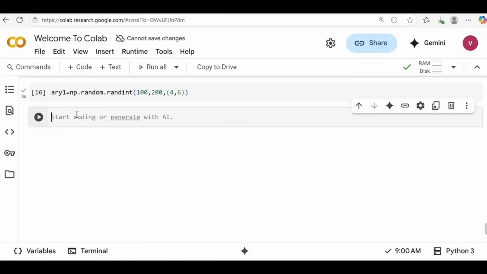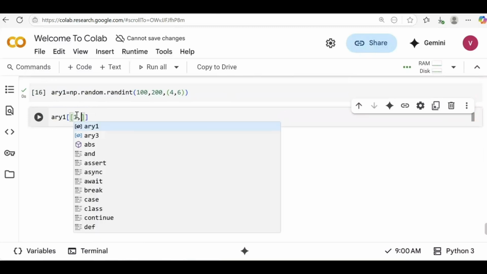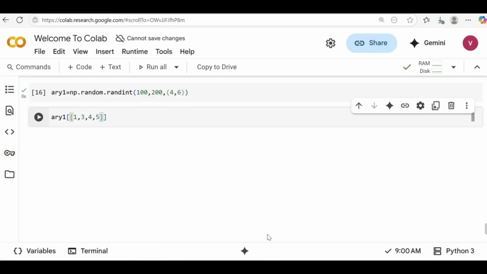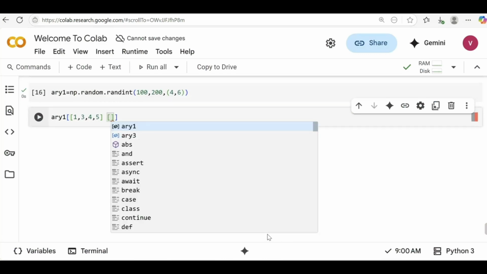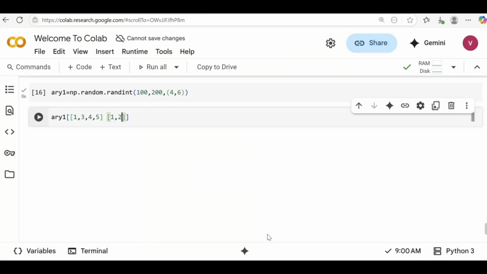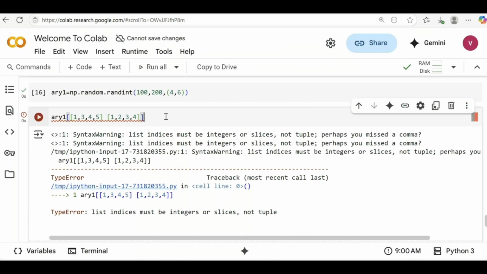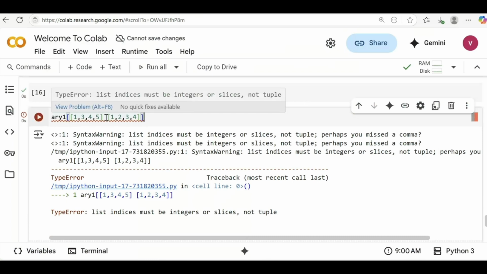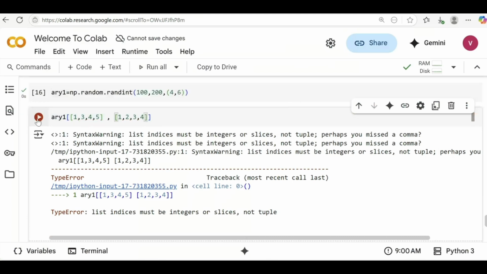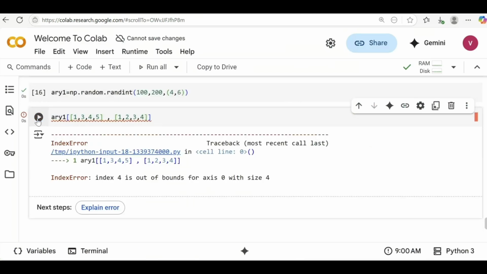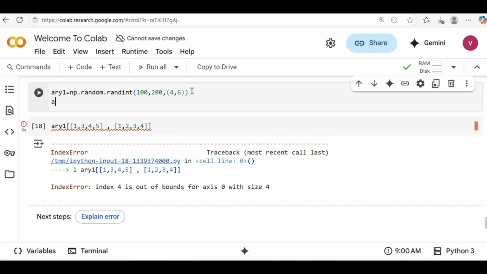Inside array1, I'm giving 1, 3, 4, 5 and again 1, 2, 3, 4. Let us run this. If we print array1,